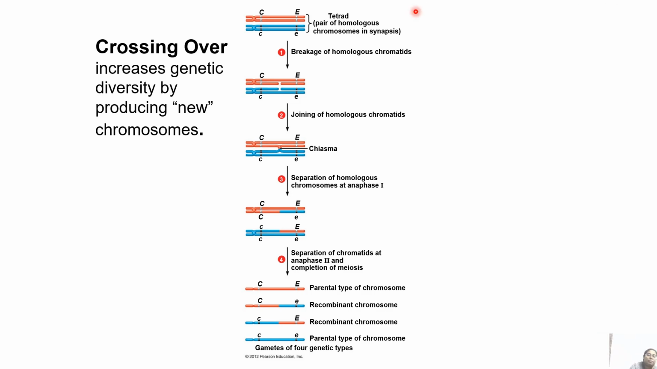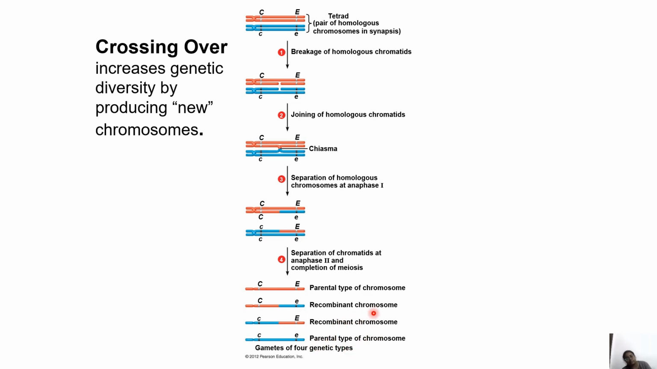So if you see, this is a tetrad, a pair of homologous chromosomes in synapsis. This is called a tetrad and this is called the synapsis region, right? The breakage of the homologous chromatids will occur, then the joining of the homologous chromatids. If you see, there's a cross linkage happening. These points are known as chiasmata or chiasma. Then the separation of the homologous chromosomes will happen at anaphase 1. You see, there is an exchange of genetic material, which is called crossing over. Then the separation of the chromatids at anaphase 2 and completion of meiosis will lead to gametes of 4 genetic